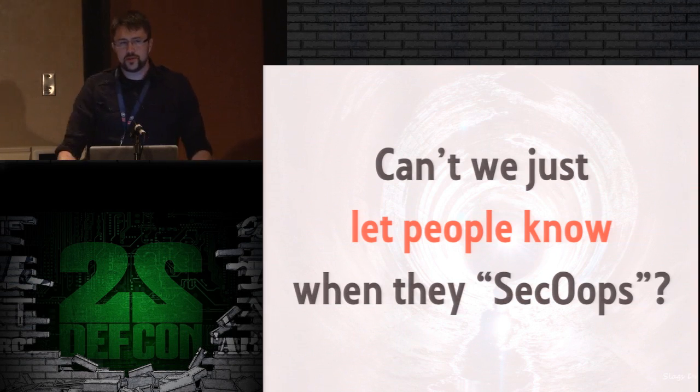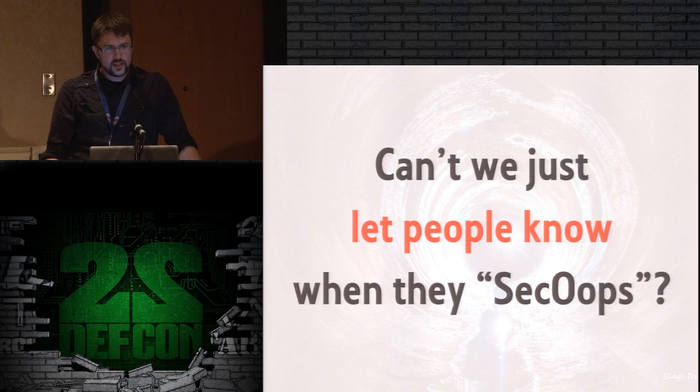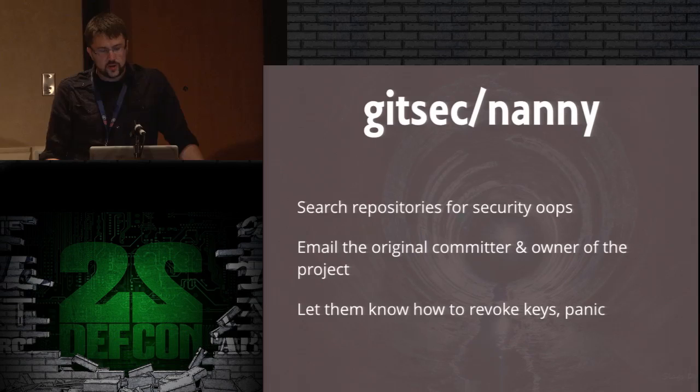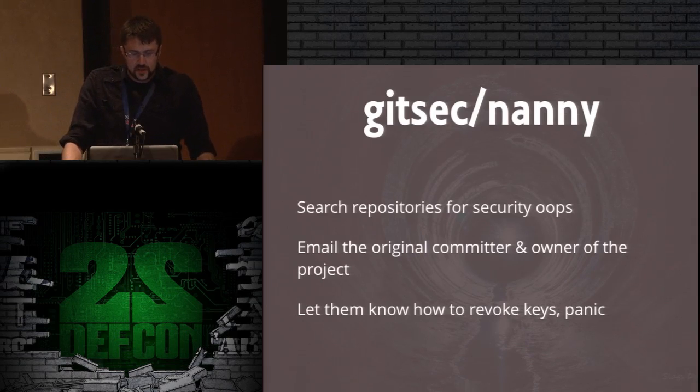So couldn't we just let people know when they mess up? Like, those are all there. Their emails are attached in GitHub. So we created a project called GitSecNanny. It searches repositories for those same security oops, and emails the original committer and the owner of the project. It lets them know how to revoke keys, and then also how to panic, because